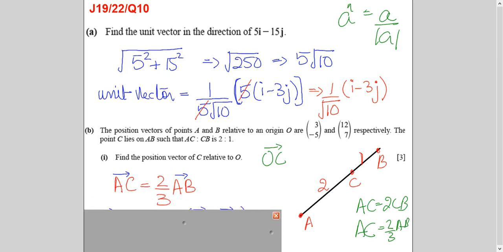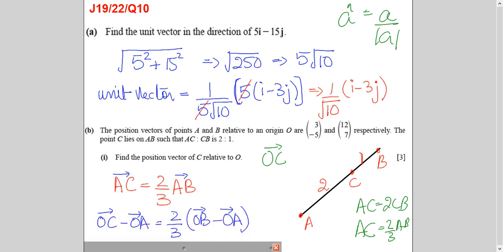So I have taken this one just for the sake of challenging, because the students find dealing with fractions a little difficult. Now after writing AC is equal to 2/3 of AB, I can break it up into position vectors. And we know it is second minus first. We have seen in the previous videos why it is. You can see in the description, or on the website address, those videos. So it is second minus first, which is OC minus OA. And here it will be OB minus OA.